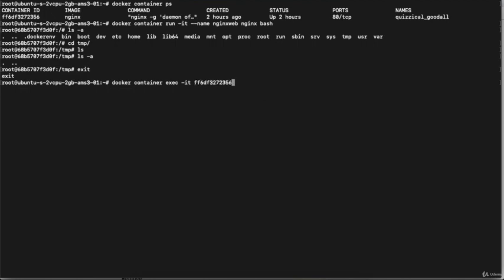So I will provide the ID of my running container. Then to create a directory inside a running container, I can use the command touch and provide the path. The path is /tmp, and suppose inside tmp I want to create a directory named Anshul. Hit enter